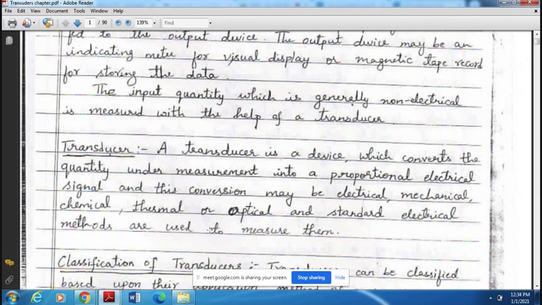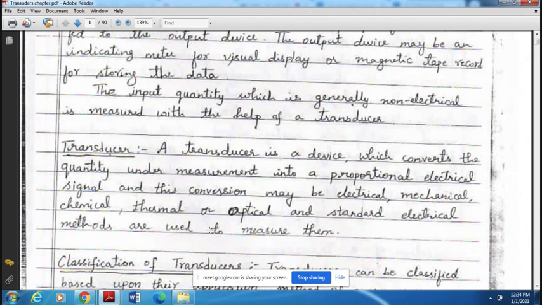They won't conduct. But these active sources are capable of generating their own energy. These active transducers are also similar. We say these active transducers are also called self-generating transducers. These transducers do not require any electrical energy for their operation. They have the capability of generating energy on their own, and they do not require any external electrical energy for their operation. That is why they are called active transducers, and they produce the output voltage when stimulated by some physical form of energy.